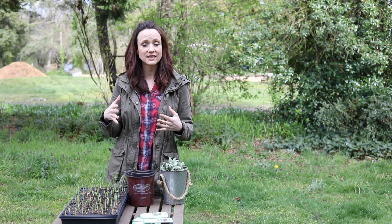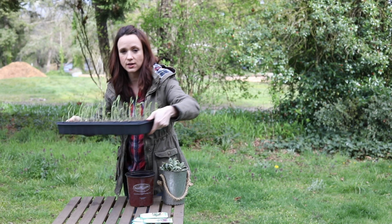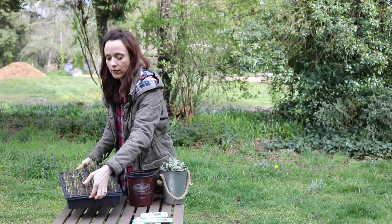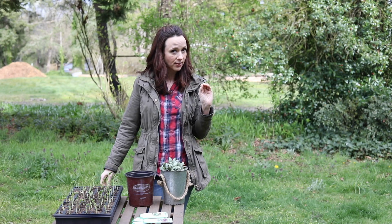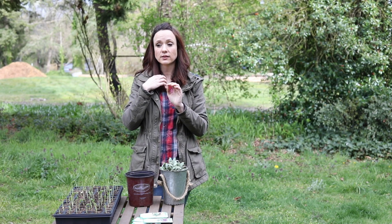Okay, moving on from seeds. Now to start your seeds, you can get a seed tray like I have here. And you can use these for a few years. I do have a few of them. But if you wanted to spend nothing on your little seedling pots, you can do a little technique with